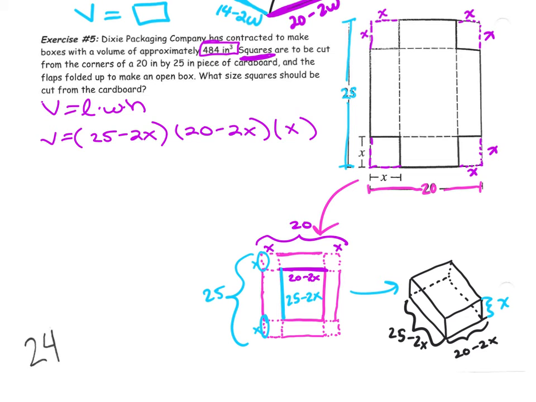And again, we want to graph this, because we're going to try to find out what. Let's go back to the problem. Okay, we have the volume. They're actually giving you the volume, guys. They're giving you the volume. So we just want to know what values for x were cut to make that volume. So let's graph this. I give you the volume. The volume is already 484 inches cubed, right? So if this volume formula is y equals,